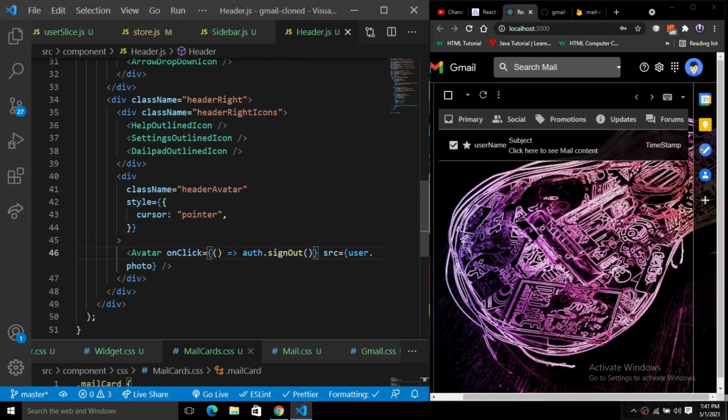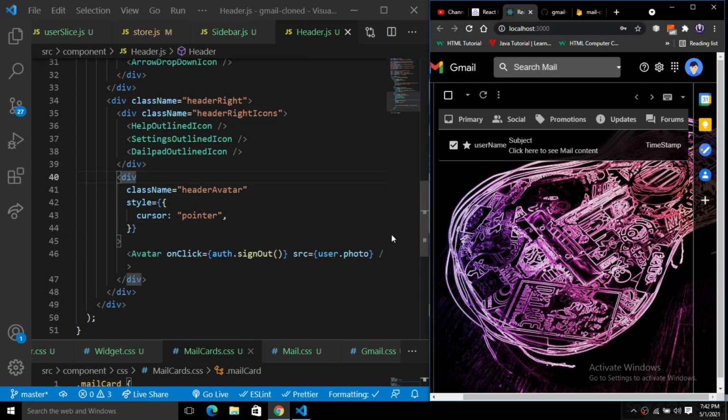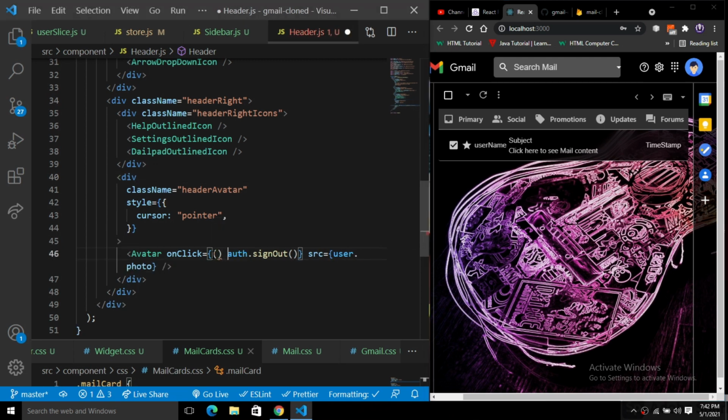Let me remove this, save this, and click on this. We are not logged out here. We are not able to log out because we have not added the logout functionality inside of this